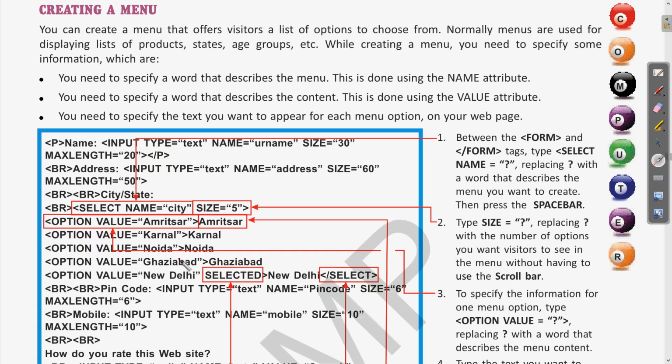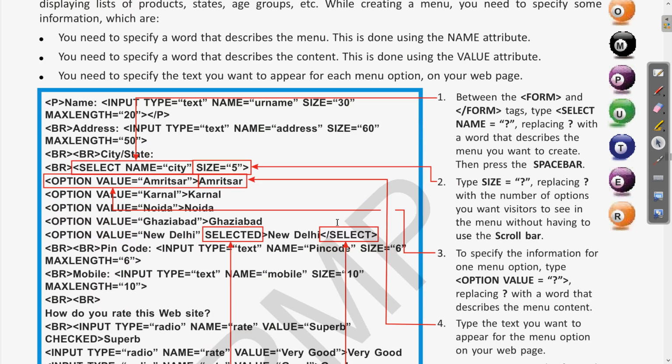Here in this example, as the name of the value and the text which we want to appear on the web page are both the same, we can relate that these are two different things. One is the name of the value and another is the text which we want to appear on the web page. Okay, so this is the basic layout of the menu option, and here we have a size option.